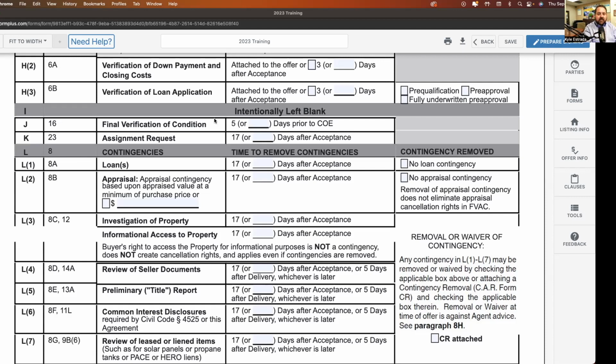A common sense thing. Look at the time periods, right? If this were a 30-day escrow, I'm 2 weeks prior to closing that I have to remove all my contingencies. If I'm doing a 21-day escrow, I've got to do at least 10 days prior. So if you're going to do a 21-day escrow, you should be able to feel comfortable removing your loan contingency in 10 days, 12 days max.